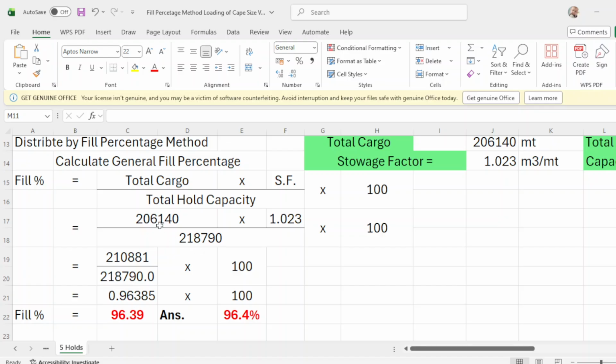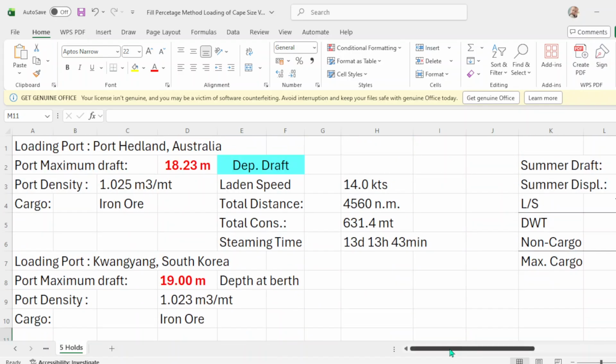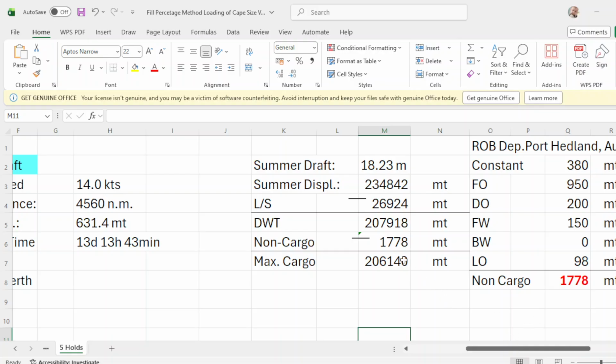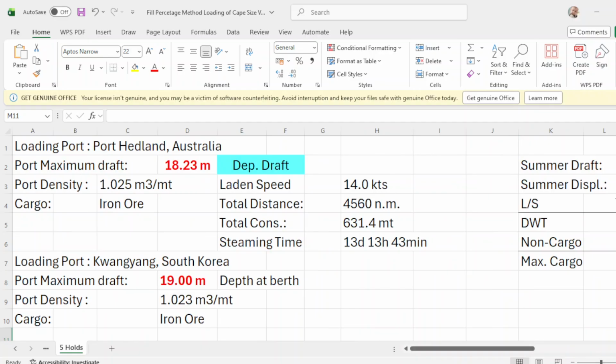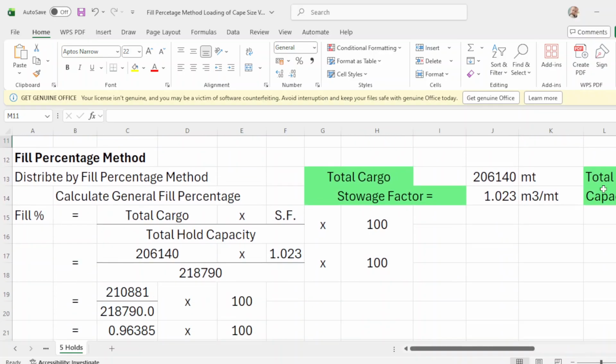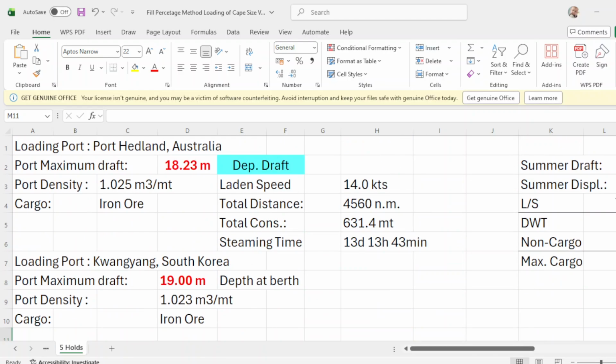Okay. So what is your total cargo? It is 206,140, which is this one. Okay, 206,140 times your storage factor of your cargo.